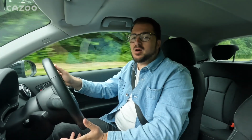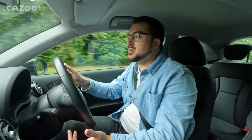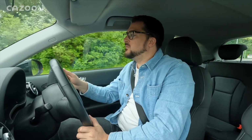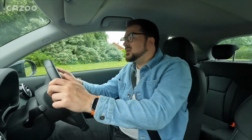Because if you're opting for the A1, you're opting for it because it's an Audi. You've got to remember that this car underneath shares a platform, engines and mechanical components with other cars from the Volkswagen Audi group. So the VW Polo, the Skoda Fabia, the Seat Ibiza, underneath they are all the same car. So this car has to feel different in its Audiness, and it does. It feels very, very well screwed together. It feels premium for such a little car,